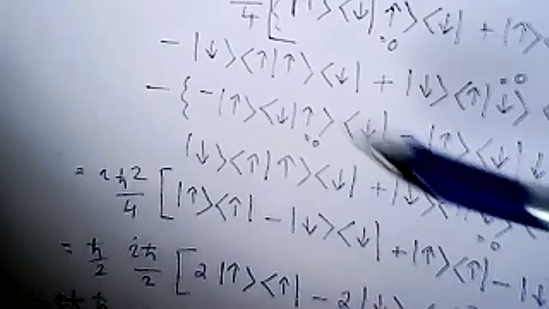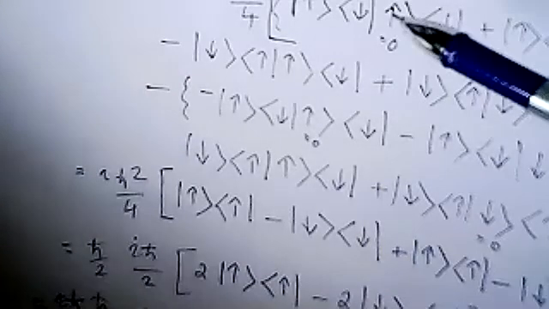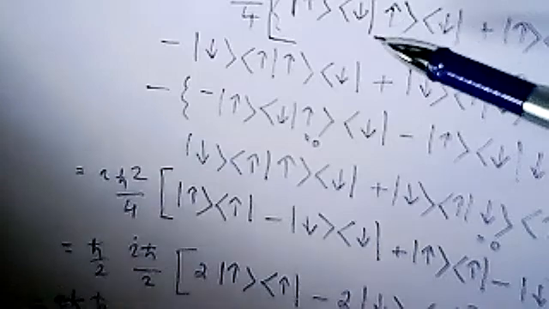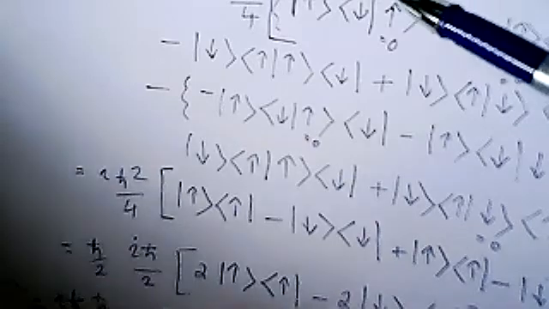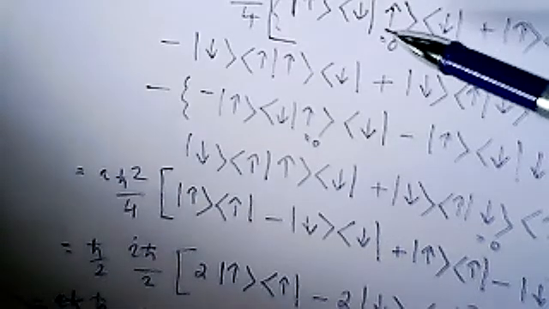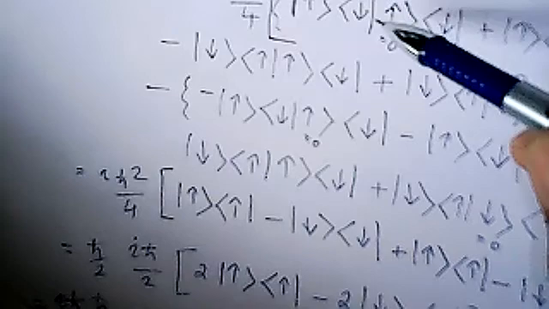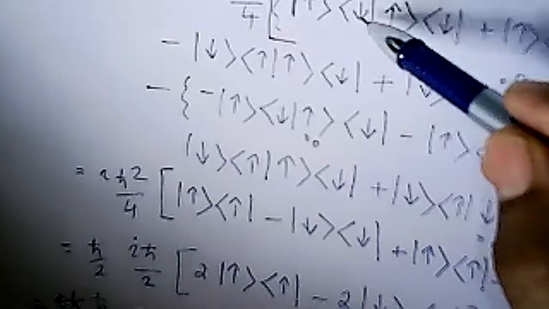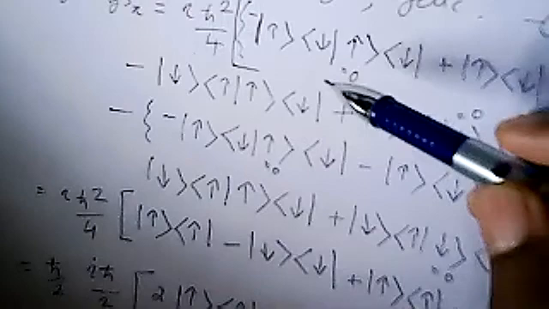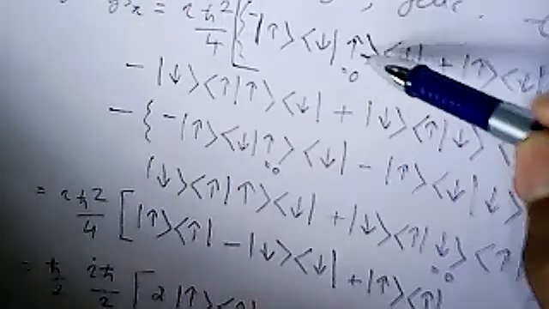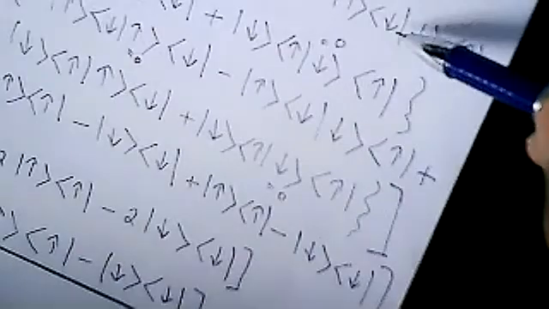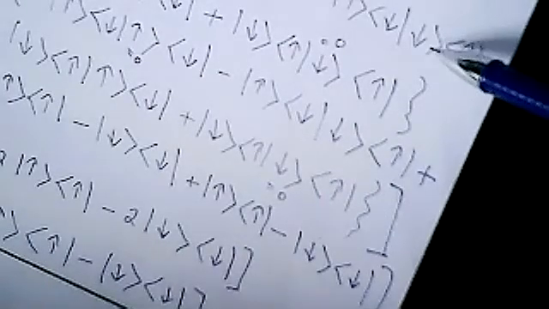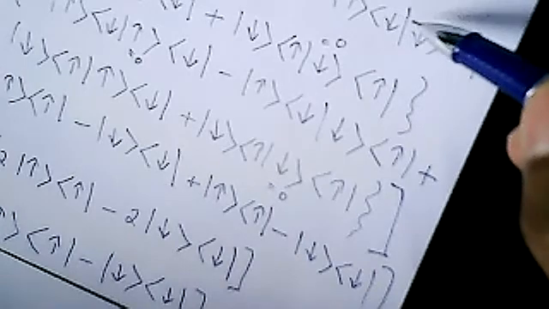And in this expanded form, we know that the states are normalized, states are orthogonal. Okay, so spin up and spin down states are orthonormal states. So we can write this scalar product of spin down and spin up. That is orthogonal, so that will be 0. Okay, and spin down with spin down, scalar product, that is 1.